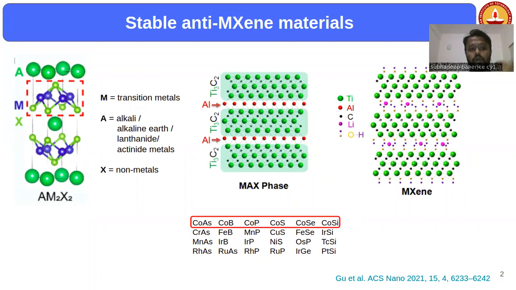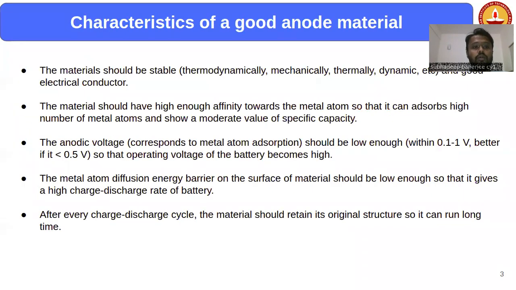Before going to the performance details of these materials, I would like to discuss the characteristics of a good anode material. First of all, the material should be stable, possessing thermodynamical stability, mechanical stability, thermal stability, dynamical stability, etc. Next, the material should have high enough affinity towards the metal ion so that we obtain a high specific charge capacity value. And since we are studying anode materials, the